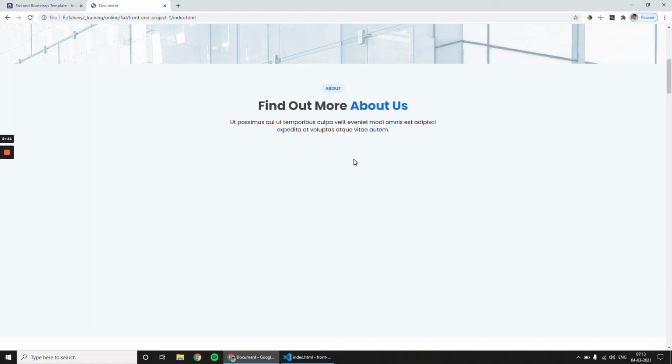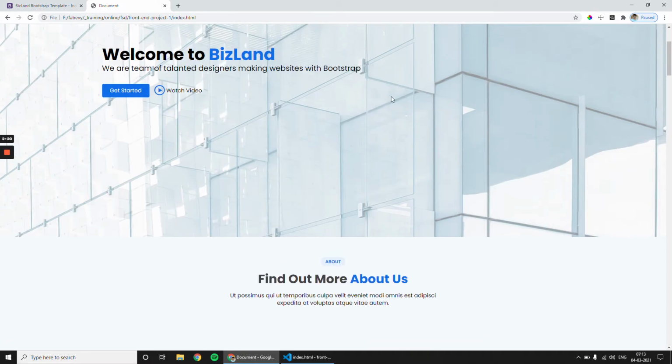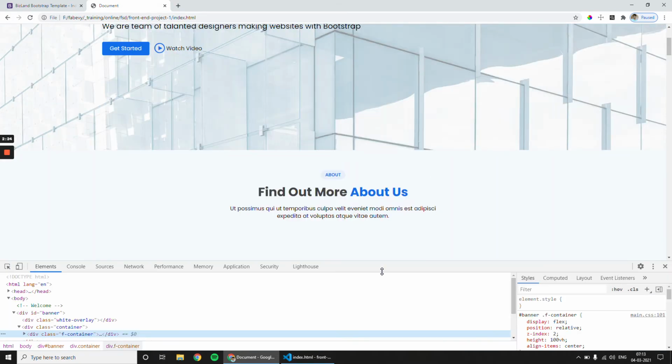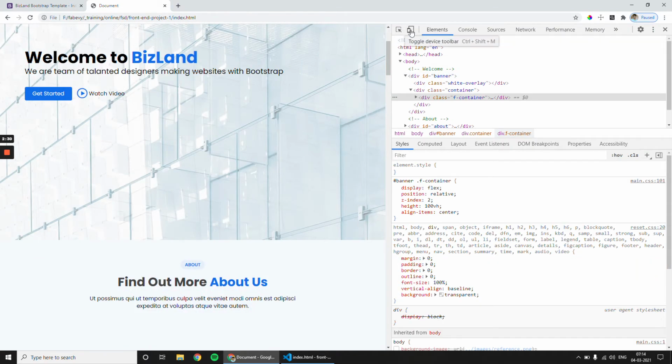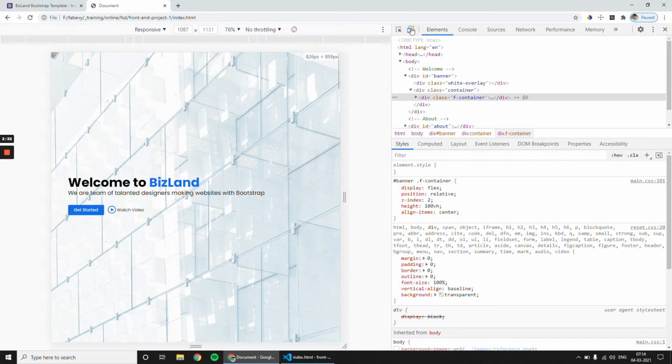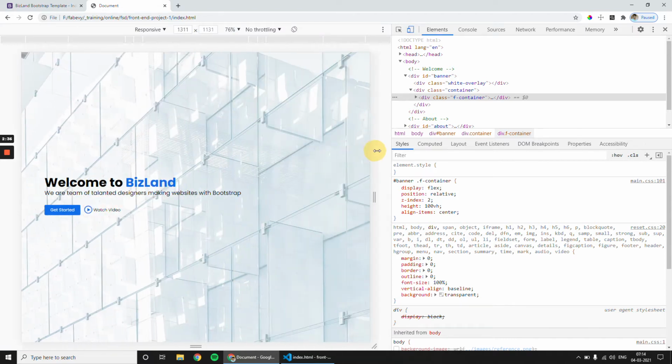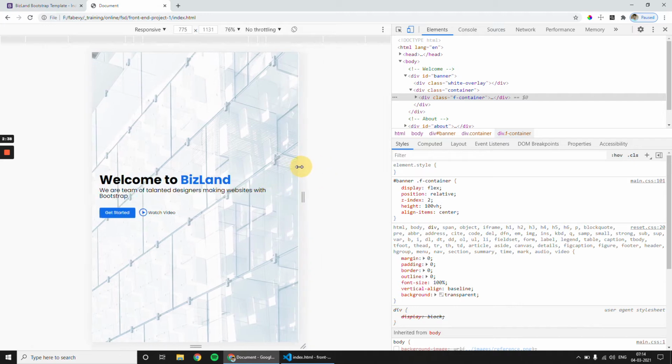Now the first one that I am going to teach you is slightly different from how we did earlier. That is testing our code, testing the responsiveness of our web page. Earlier we were testing this by enabling the developer tools, bringing it to the right side and using this emulator. You will click this and you will find different possible ways.